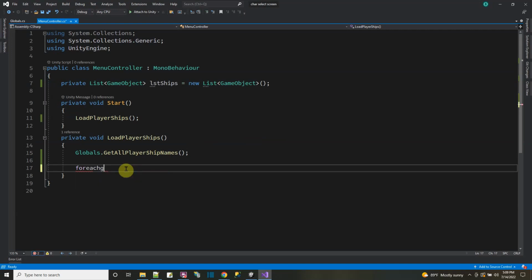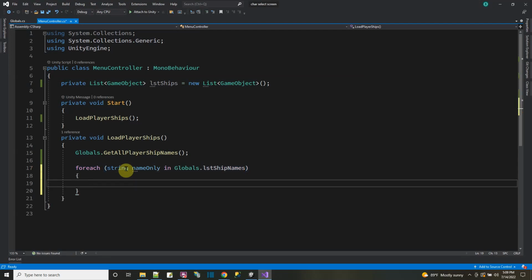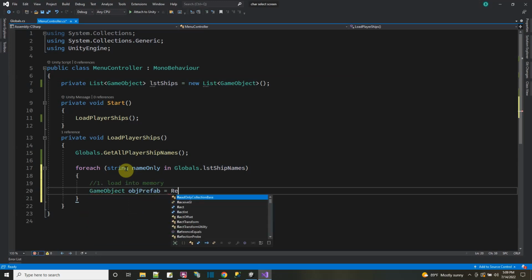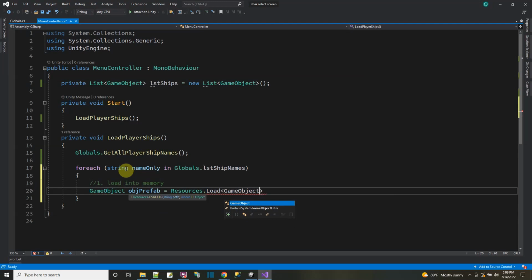So I'll go for each string name only in globals.list ship names. What do I want to do? I want to load each one in. So first thing is I have to load into memory, and that would be done like this. The game object prefab into memory equals resources.load, and the kind of object I am loading is going to be a game object, and then the path